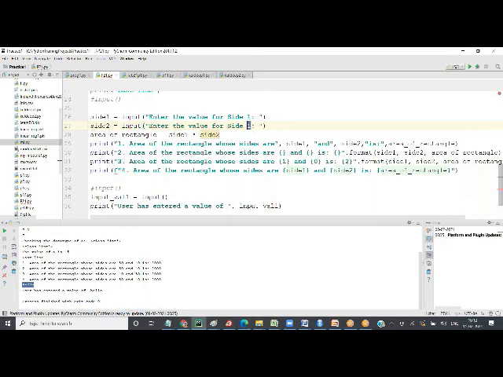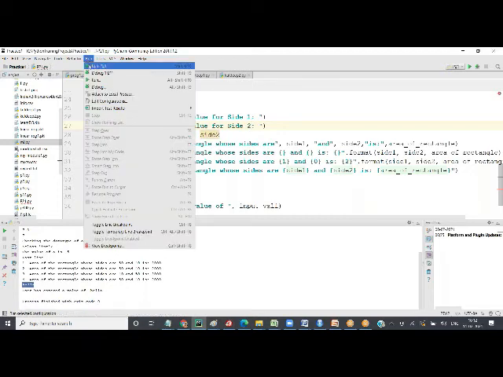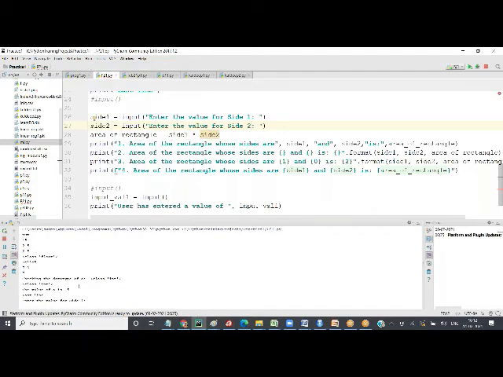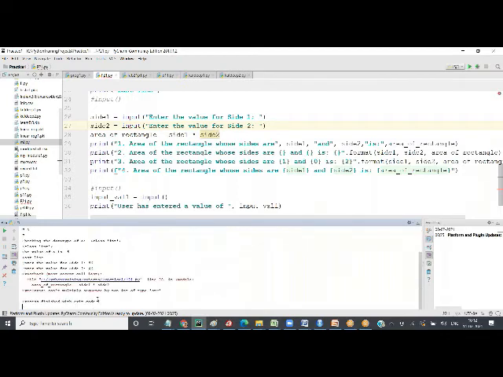So I can change the text here. Now let's run this and see. Enter the value for side 1. I enter say 50. Enter the value for side 2, 40.